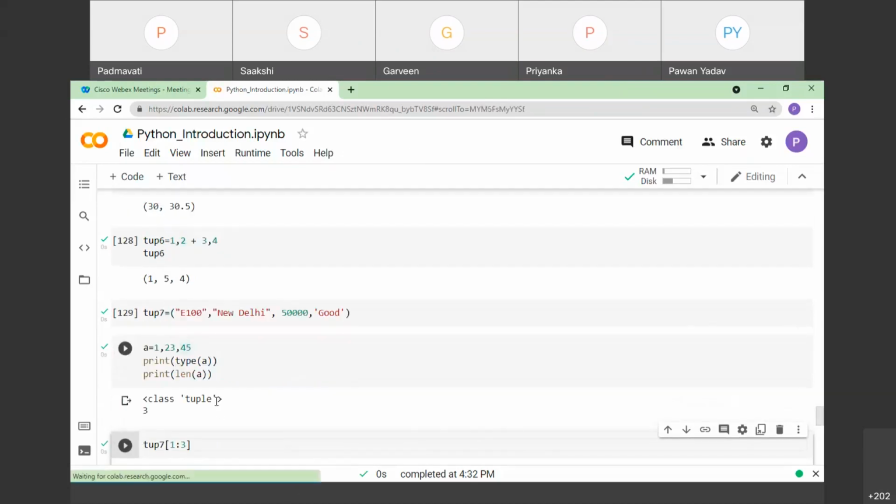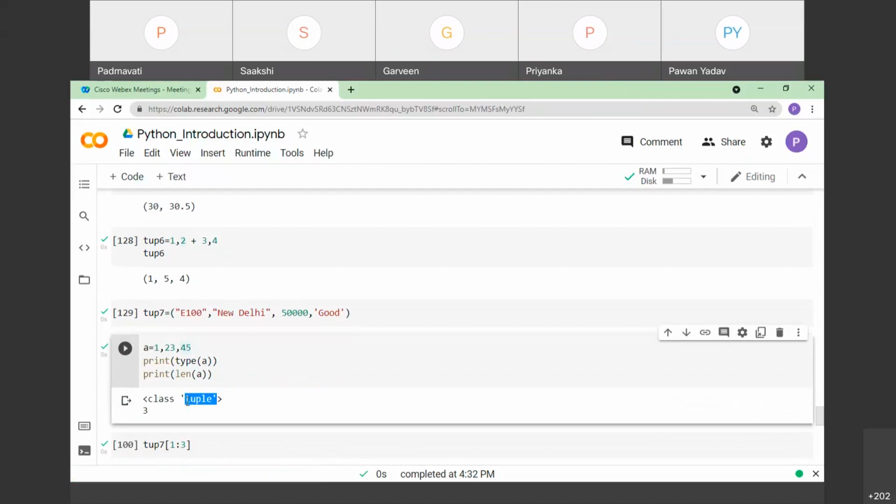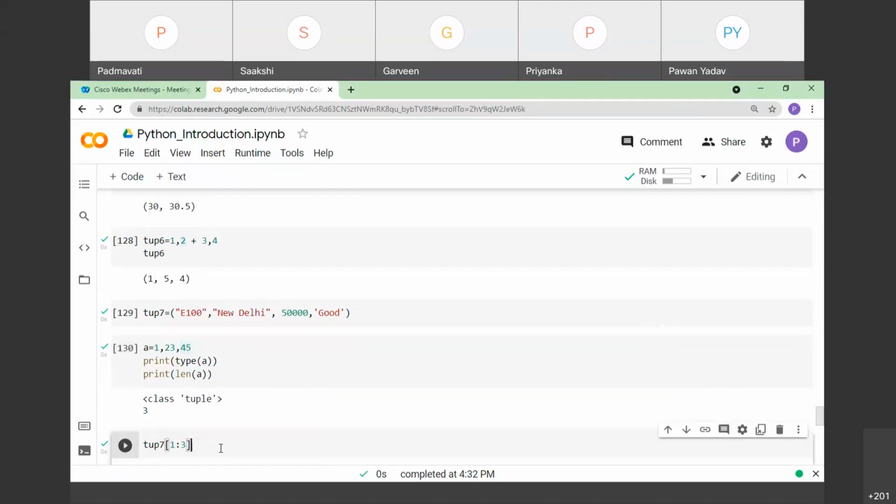You can check here the type comes out to be tuple, whereas length is 3. Fine.